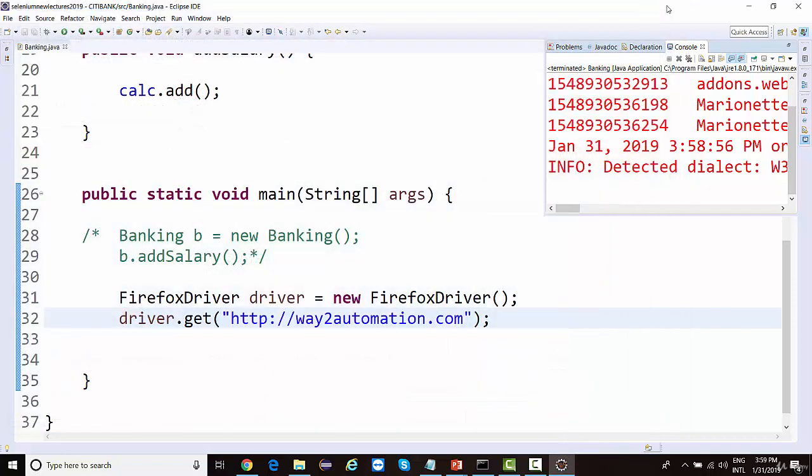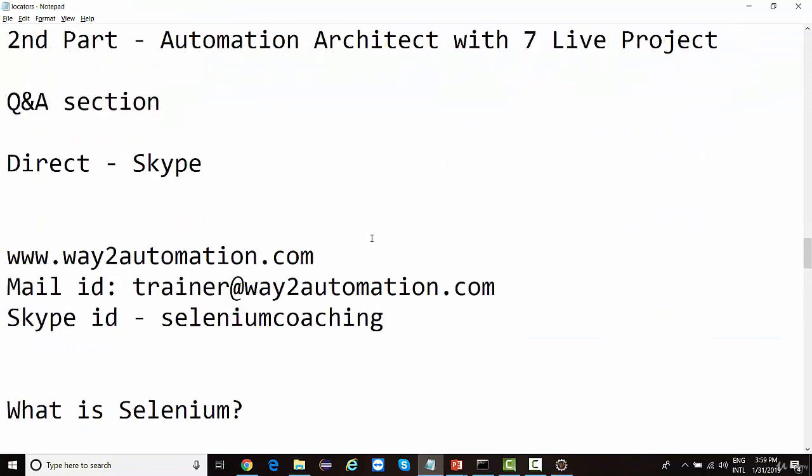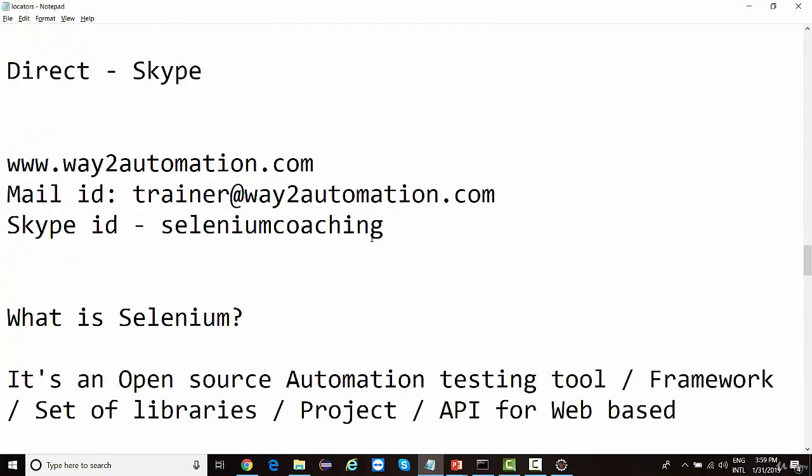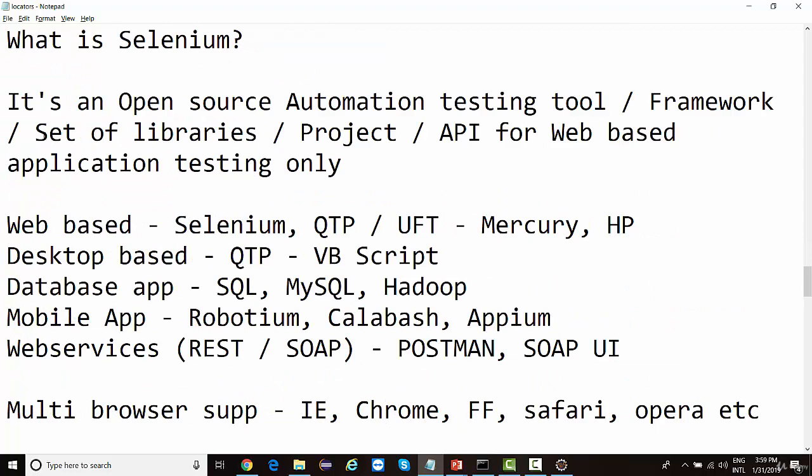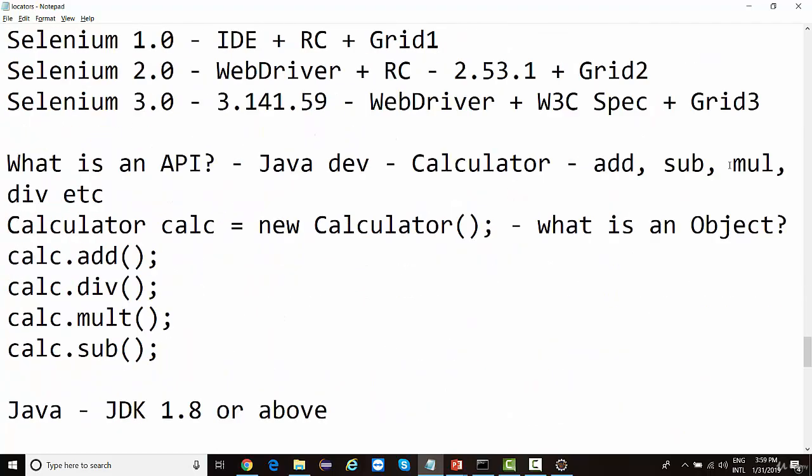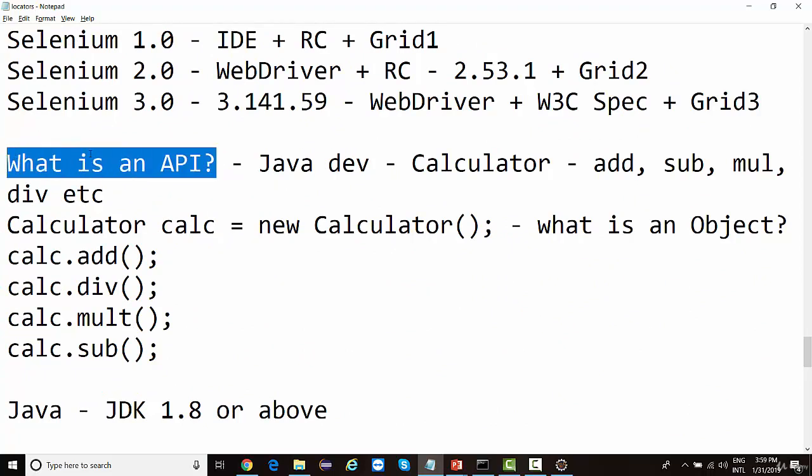This is what your Selenium is. As I said, we can call Selenium not only a jar file. We can say Selenium is a set of libraries, a project, a Java project. If you're working on Java, it's a jar file. This is also called a framework, because Selenium provides you this framework, provides functionality through which you can automate your website. You can click on buttons, links, radio buttons, check boxes, type in any input box, and perform all different sorts of actions on a web page, and can automate the entire website. So this is what Selenium is, and this is what your API is. So Selenium is basically an API.